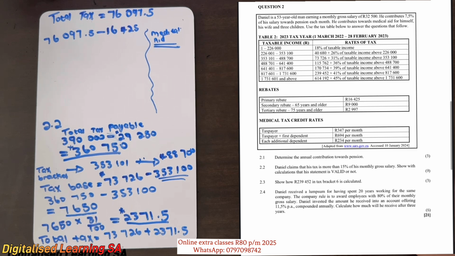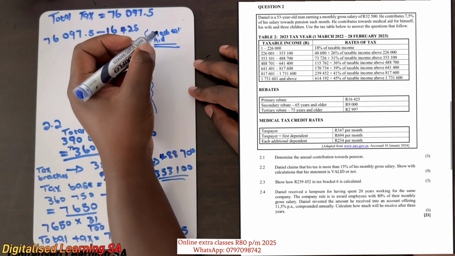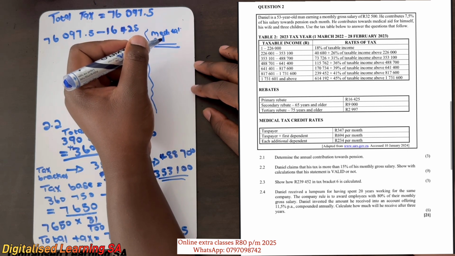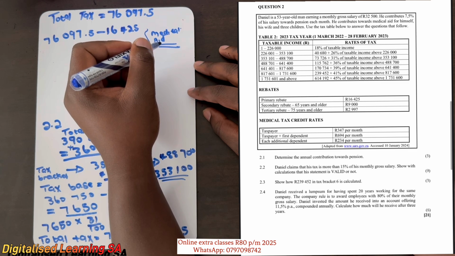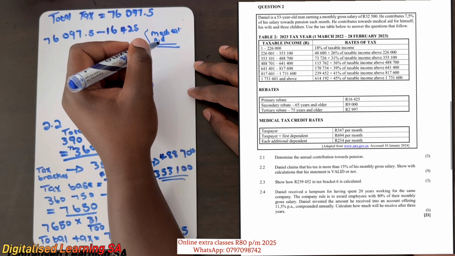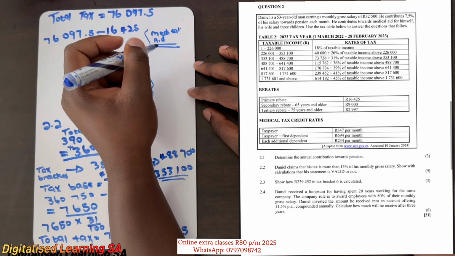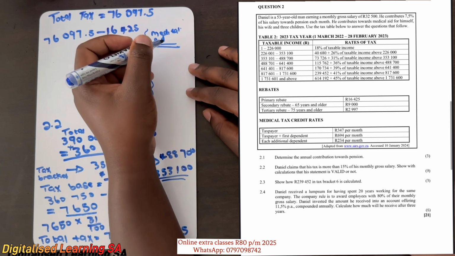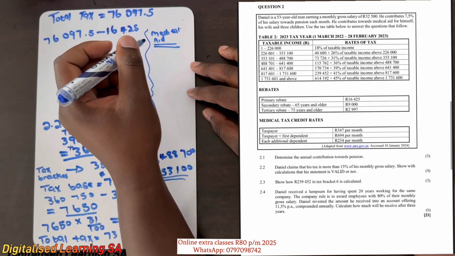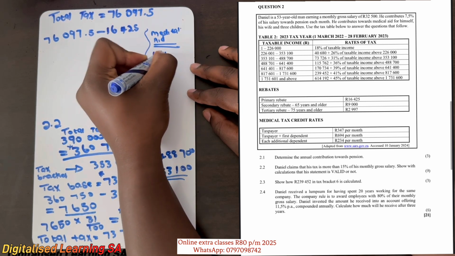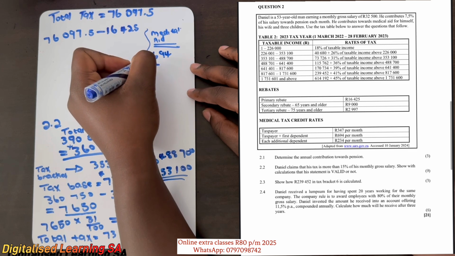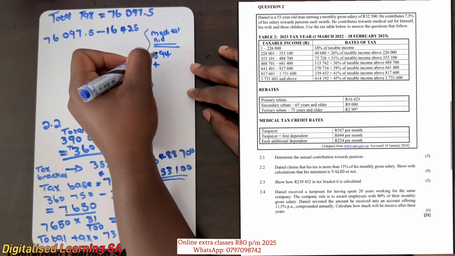If we go back to our statement, we are told that he contributes towards medical aid for himself, his wife, and 3 children. If we look at our table, we can see that the taxpayer pays 347, taxpayer plus first dependent they pay 694, and each additional dependent pays 234. In this case, we are going to take the taxpayer plus first dependent, and the dependent will be his wife. So we are going to say 694,